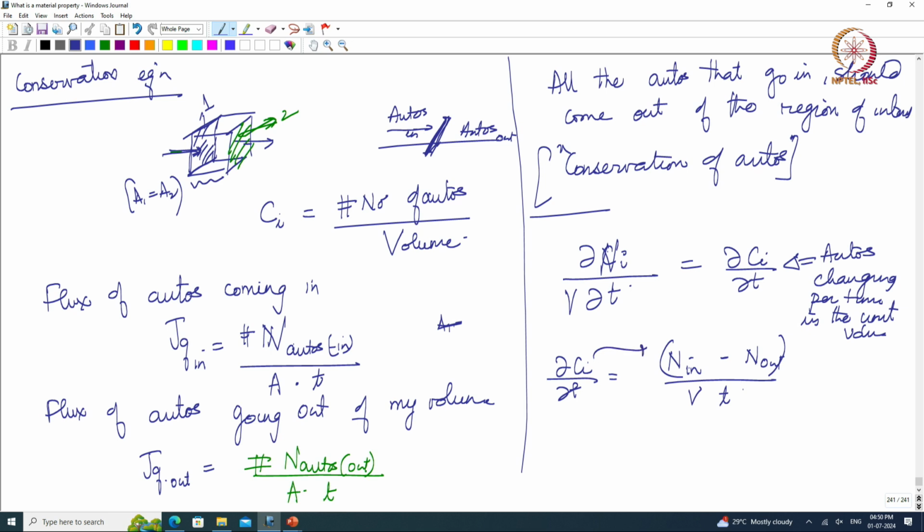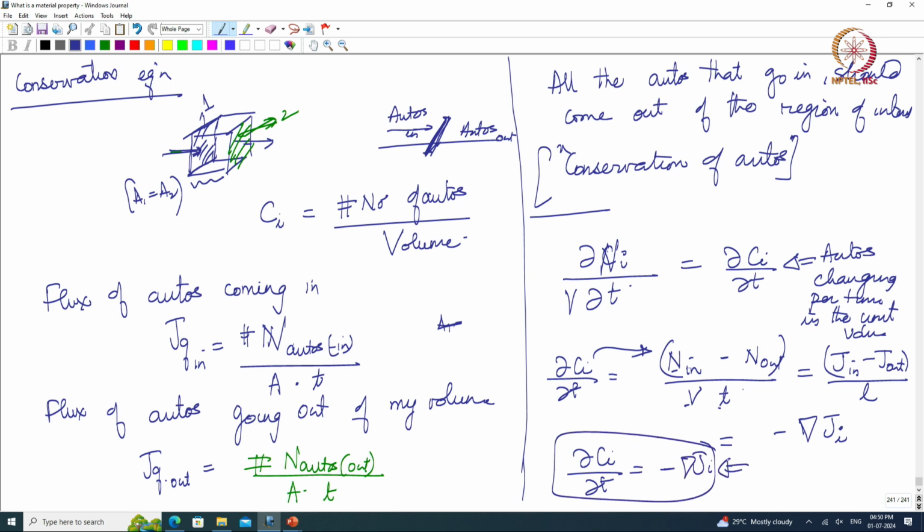So, that is this expression and that is nothing but the flux of autos that is going in minus the flux of autos that is coming out, divided by L, since flux has number by area time. So, in some sense that gives you the gradient of the auto flux, right. Okay. So, we have this equation where dCi/dt equals minus the gradient of flux of autos, which tells me that there is conservation of autos on the road,